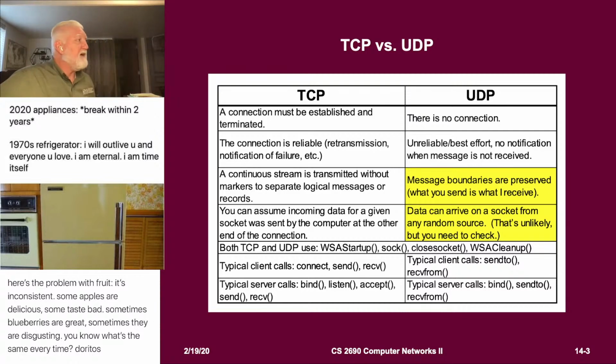With TCP, the connection is reliable. That gives us things like I'm going to retransmit if I don't see it. I'm going to tell you if I lost a packet. UDP is unreliable. It's just best effort. I'm going to try to send it. If you don't get it, you don't get it. That's it. The other thing with TCP is that because it's continuous, reliable,